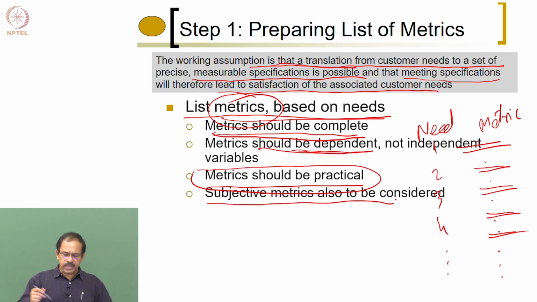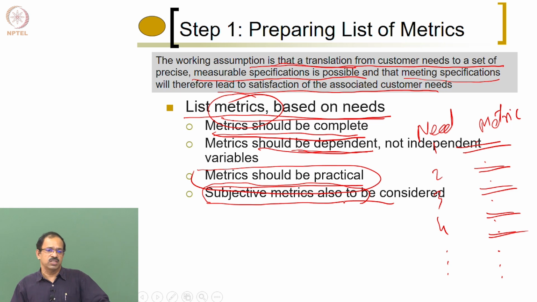And in very rare cases, you can take subjective metrics. Something which I mentioned in the previous class: when you buy an Audi car, the prestige of owning a car is a metric there. Prestige of owning a car is important for a customer. So in very rare cases, subjective metric also can be considered. The ownership value is a subjective metric, but you can still consider it as a very important point. The owner actually feels some pride on having a product.